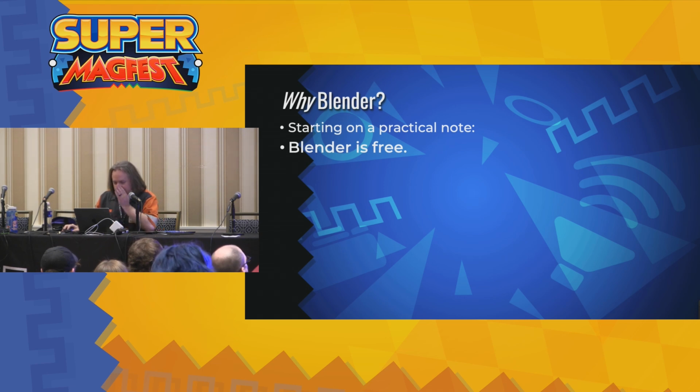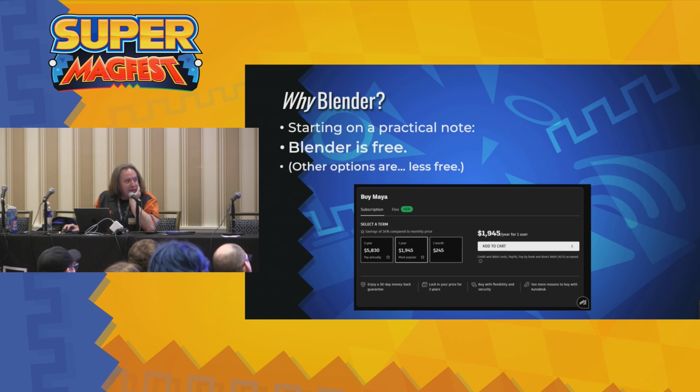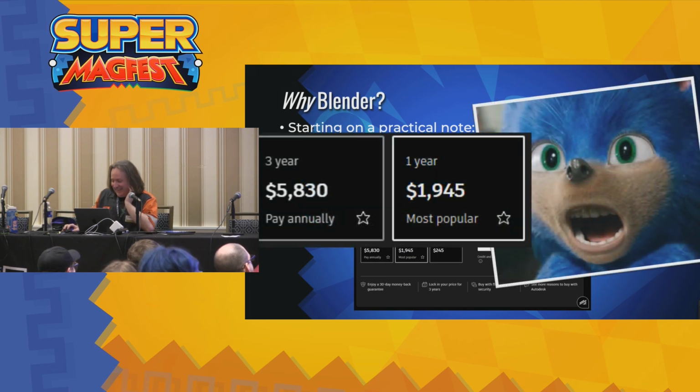People will argue that something like Maya is the industry standard, and maybe that's where people should start. That's great, except that other modeling tools are less free. So I see price tags like that.